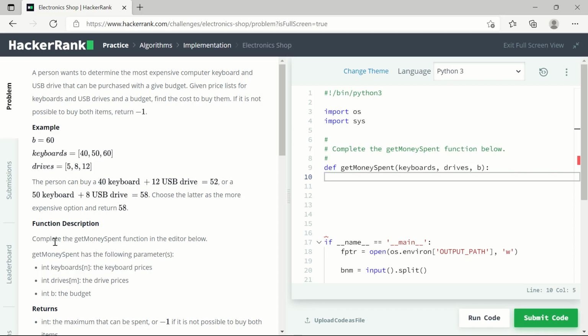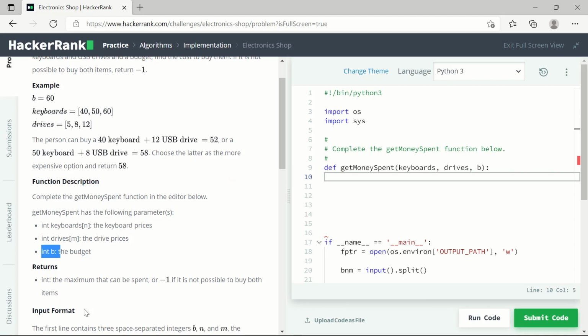budget amount. So here we have to complete the function definition for the getMoneySpent function. The function here accepts three parameters. The first one is the list of prices for keyboards. The next is the price list for USB drives, and the third one is the budget. The function returns -1 in case the person is unable to buy both the items under the